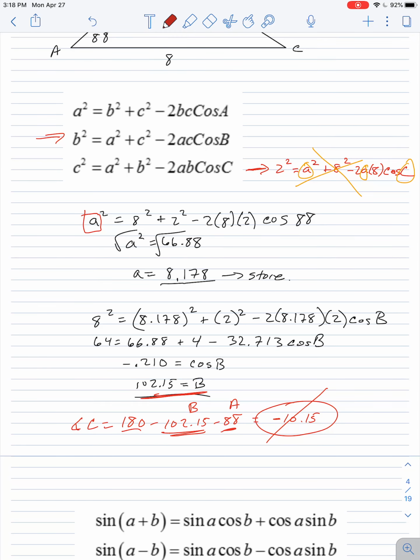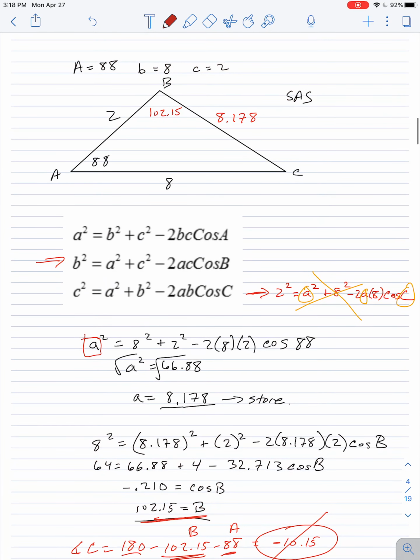Wah, wah. Okay, can't have a negative side. That means that this does not exist. And that is what's going to happen. If anything bad like that goes wrong, that means that this triangle doesn't actually work. Okay, try some of those problems and